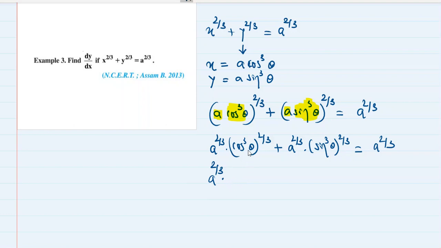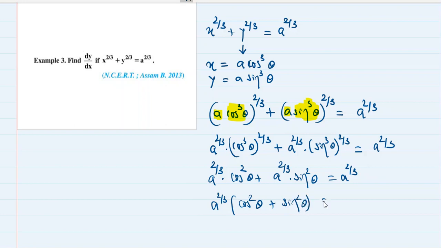So cos cube theta the whole raised to 2 by 3, and cos cube theta is cos theta the whole cube. So we get cos square theta over here plus a raised to 2 by 3 multiplied by sine square theta over here is equal to a raised to 2 by 3. A raised to 2 by 3 comes out common. We get cos square theta plus sine square theta is equal to a raised to 2 by 3. A raised to 2 by 3 gets cut from both the sides, and we get